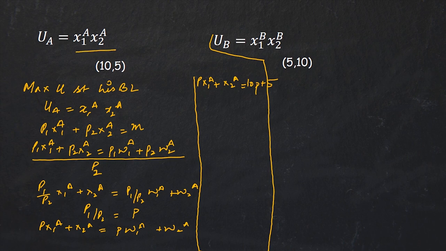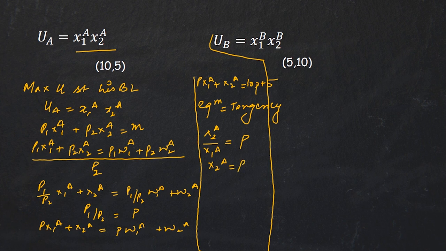Now, I know that this is a Cobb Douglas, which means the equilibrium will be at tangency. The equilibrium will be at tangency. Now, this is from last semester, right? Remember, last semester we said that if preferences are convex, then equilibrium will be at tangency. So, equilibrium is at the tangency, which automatically implies that MRS is equal to P1 by P2, except P1 by P2 is P here. So, I need to figure out MRS. MRS, if you calculate, now I'm not writing MRS here because I'm assuming you know how to calculate MRS. But MRS will be X2A upon X1A is equal to P.